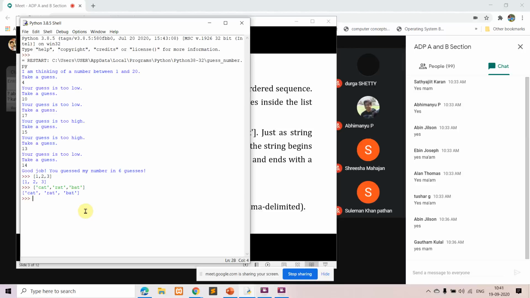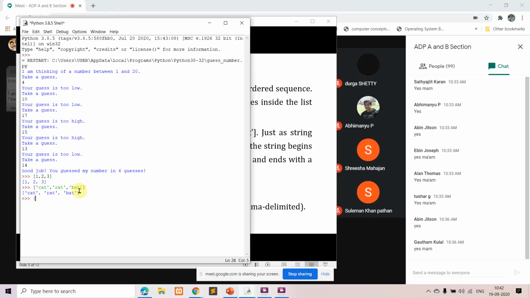You can also say a list is an ordered sequence of heterogeneous elements. In the previous two examples, the first list had only integer data, and the next list had string data. So what we can say is a list is an ordered sequence of heterogeneous elements.